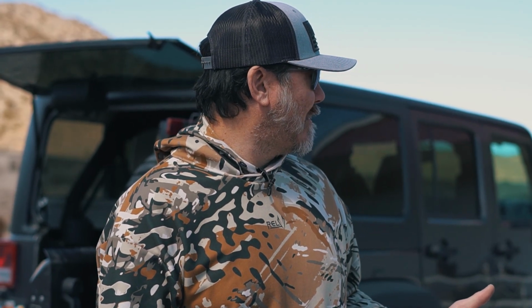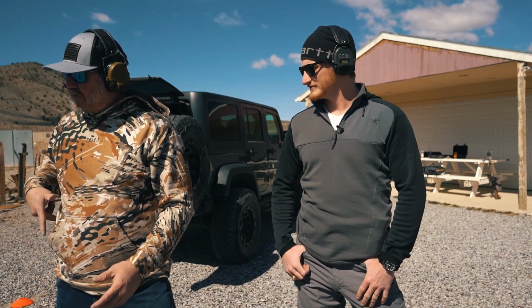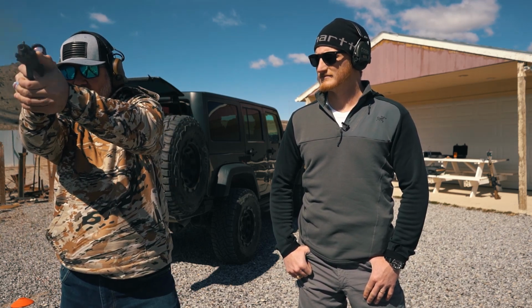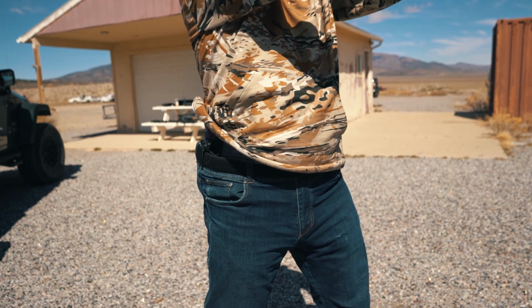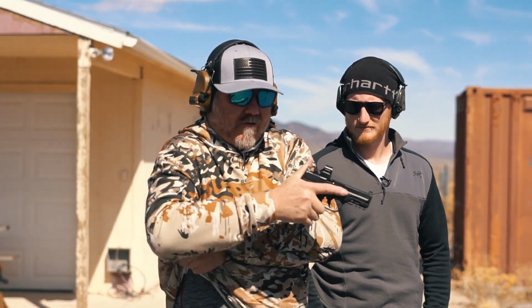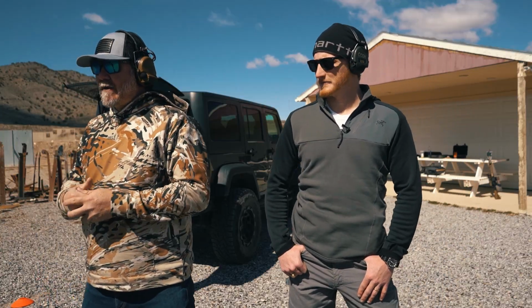So, all right, let's work a little bit. We're doing from holster, so let's go ahead and run it a few times, and we'll swap it out. Sounds like a plan. So for me, it's inside the waistband, right side. So I'm going to have to make sure that cover garment clears, gun comes out, and being able to get those rounds out, right? And again, it's simply just being able to clear that cover garment again and holster. So again, that's just an option for you guys to be able to see the difference between a duty style rig and what benefits you might need for that compared to